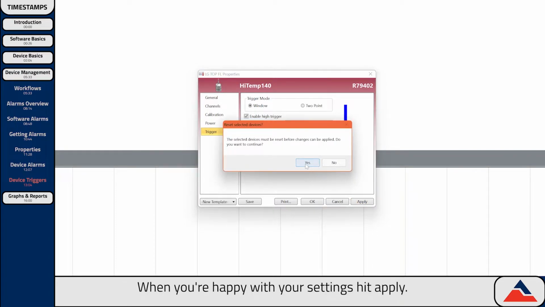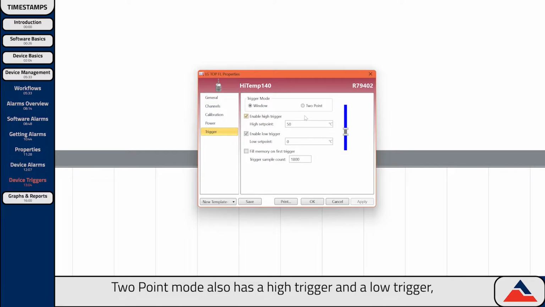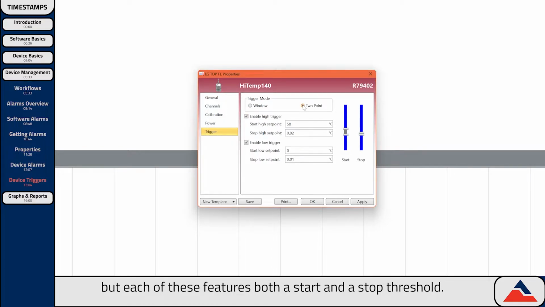When you're happy with your settings, hit apply. 2-point mode also has a high trigger and a low trigger, but each of these features both a start and a stop threshold. This can get complicated, so let's start with just the high trigger. Right now our device will start recording if it hits 50C, and afterwards it will stop only when it hits